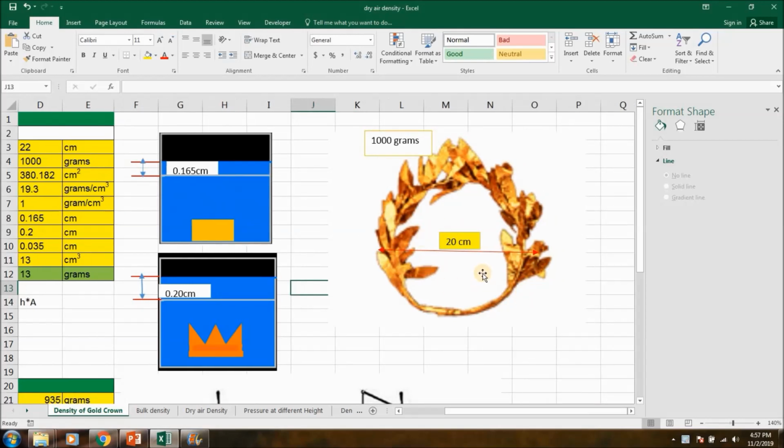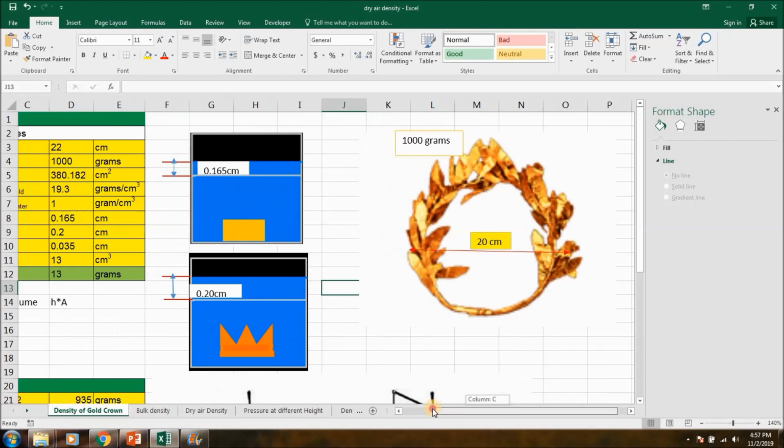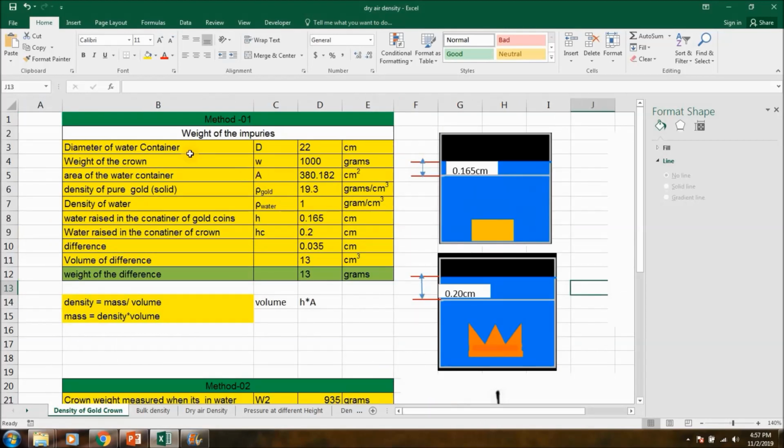So I took something bigger than the crown model, and it weighs 1000 grams, almost 1 kg. So the diameter D is equal to 22 centimeter, the weight of the crown is 1000 grams, and the area of the container is